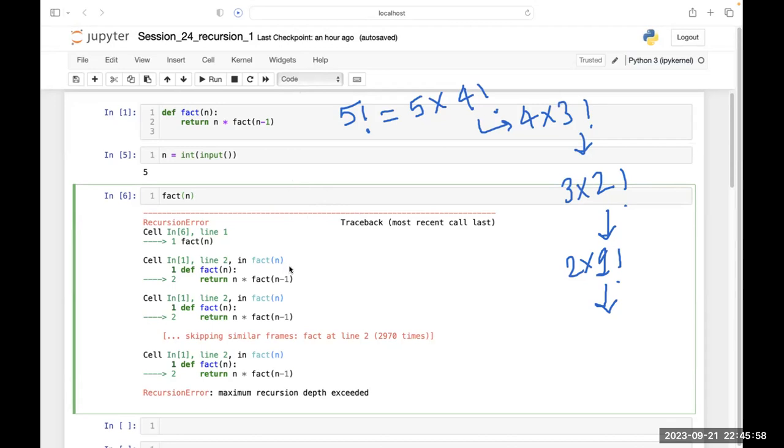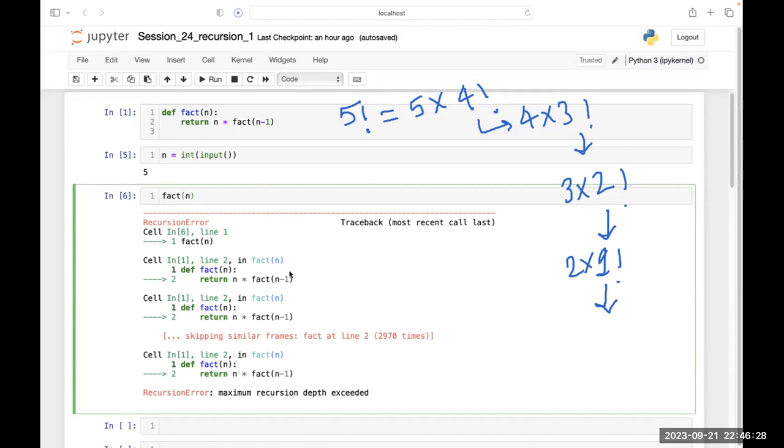As soon as it reaches that depth, it will stop execution. Why will it stop execution? Because recursion consumes a lot of memory. Whatever function is running behind it is consuming a lot of memory, and your system does not have infinite memory.